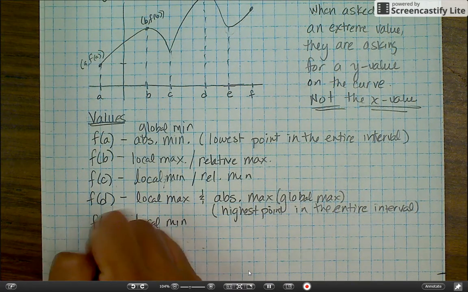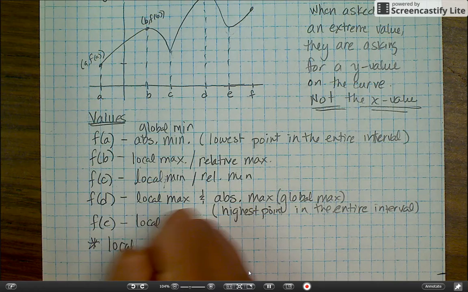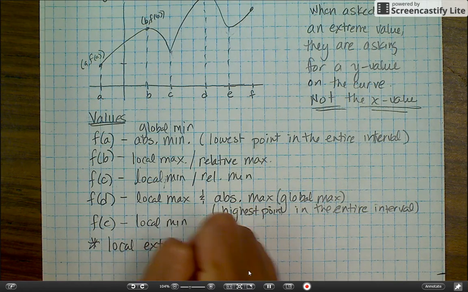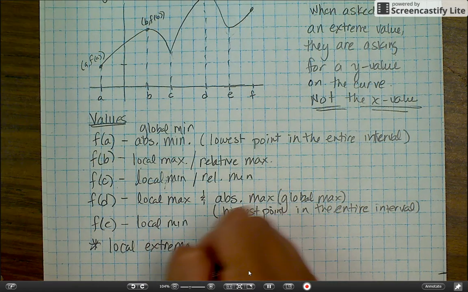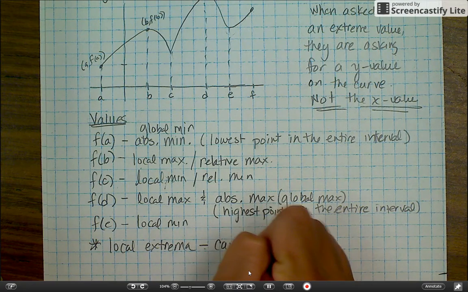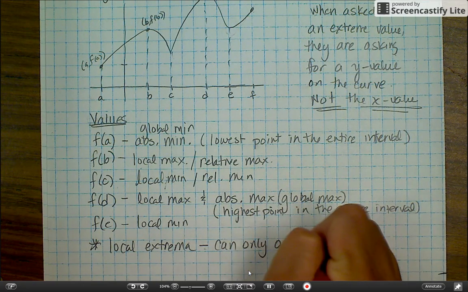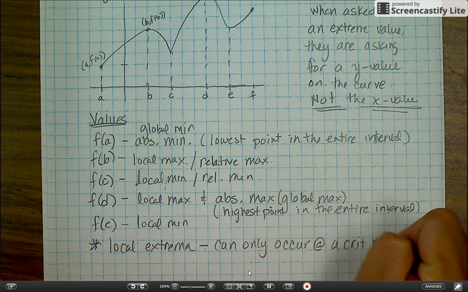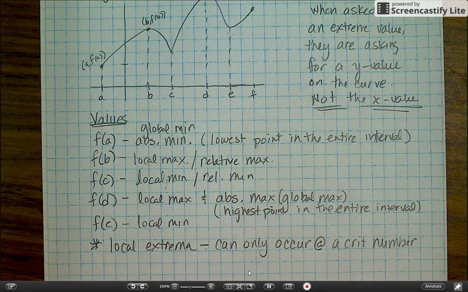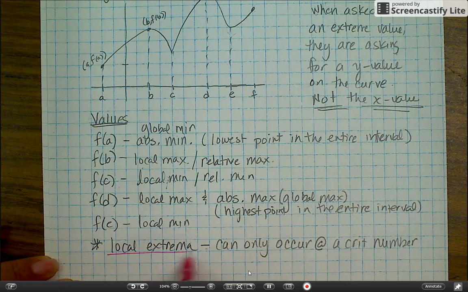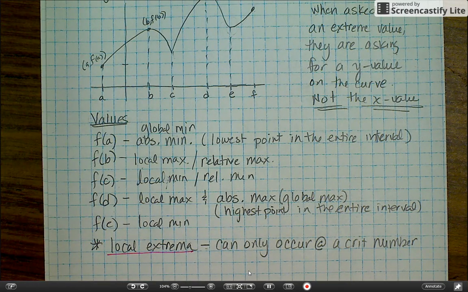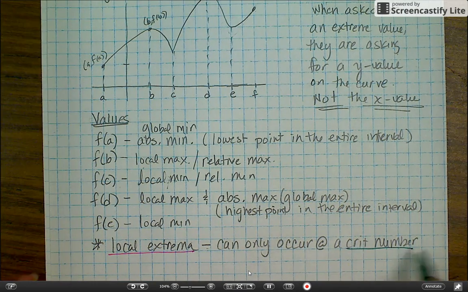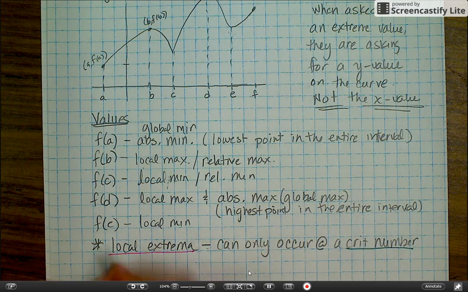Okay? Local extrema can only occur at a critical number. So a local extrema can only occur at a critical number. So that means then we need to know what a critical number is. So what is a critical number? A critical number